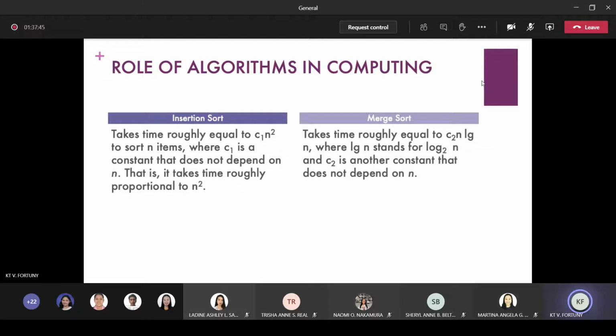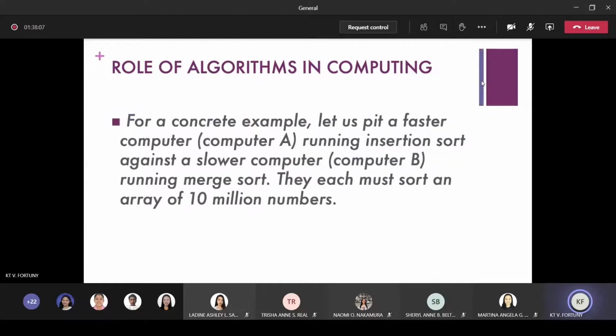So, ito yung C sub 1 n squared, ito yung running time ng insertion sort. And then C sub 2 n log n is yung running time ng merge sort. Ito yung mini-measure natin in terms of algorithm, yung running time nila. Okay? So,